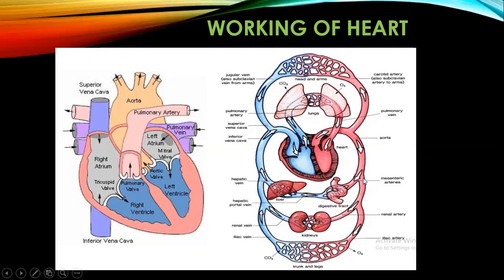Depending upon which organ it is moving to, there are different names of the artery. Like if it is the kidney, the name is renal artery. So like this, there are different names depending upon wherever the oxygenated blood is moving. Now, in each and every organ, there will be a place where exchange of gases and exchange of materials is going to take place. So everywhere you are able to see a capillary, which helps in the exchange of material, which I have already told you, capillaries help in the exchange of material with the tissues.